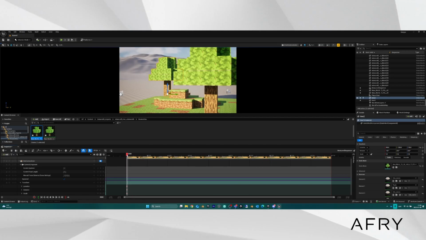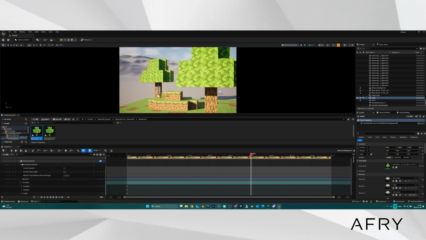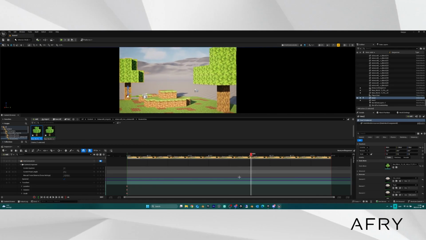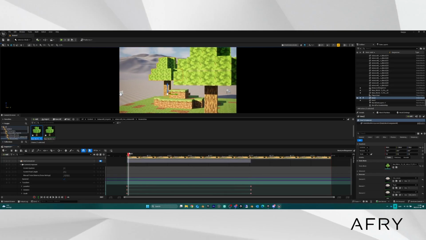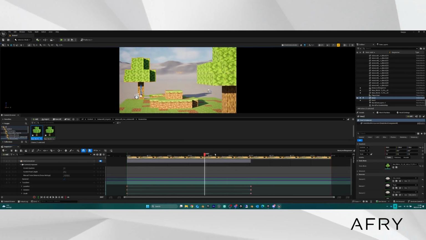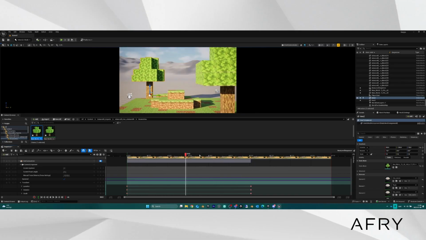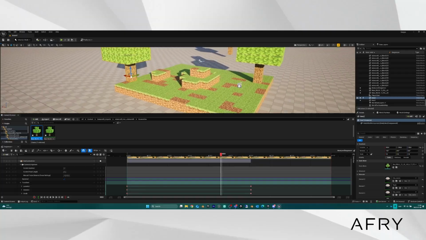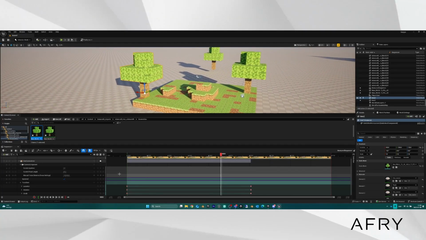That's just like animating stuff in really any software. And then we can scrub the time. And since we're piloting the camera, we can move it. And once again, press our transform. And now we've set the keyframes for that camera's movement. And if we exit out of piloting the camera,